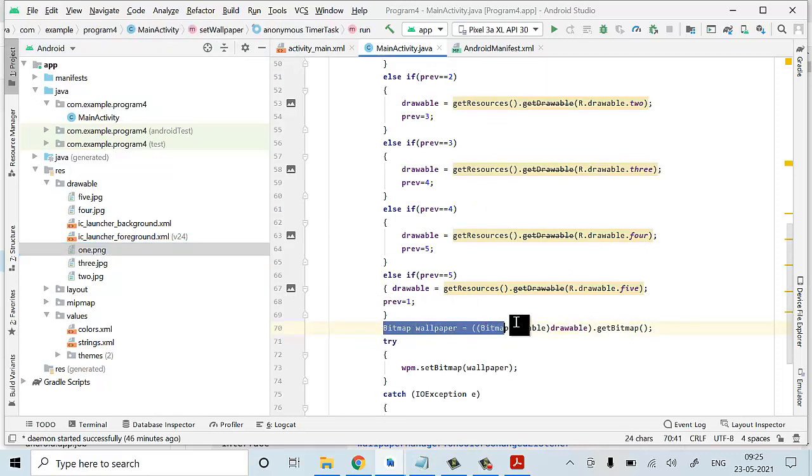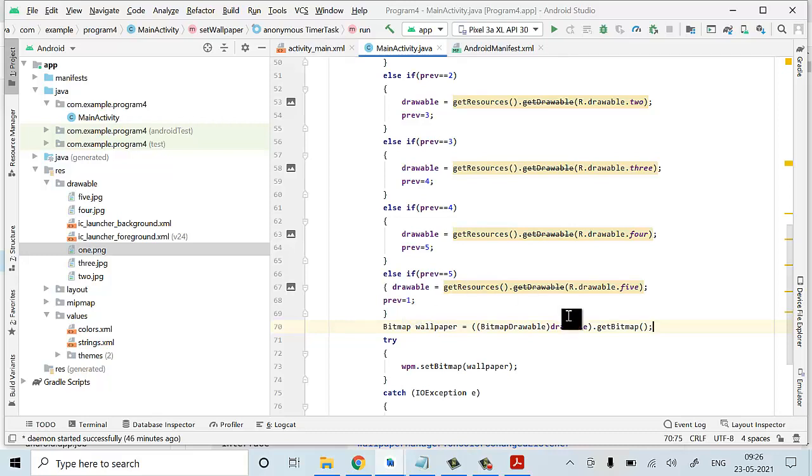So here you can check it out. As I have said, we are going to use a Bitmap class. I have used a bitmap variable. Using the bitmap variable, we are going to work with directly setting your wallpaper on the screen with the exact pixels and displaying process, and the exact complete width and height of your images.